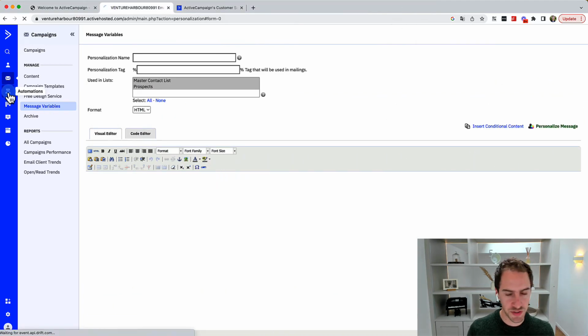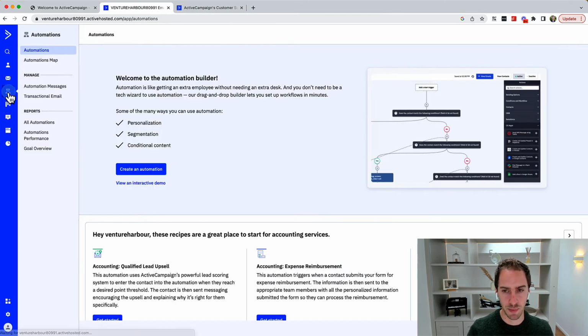Okay, so next up, we're going to take a look at automations in ActiveCampaign. So automations, I think, is probably the most impressive part of ActiveCampaign. It's the main reason, from a feature perspective, to use ActiveCampaign, because ActiveCampaign have probably the best automation builder. As I said at the beginning, they're one of the first to build visual automation, and